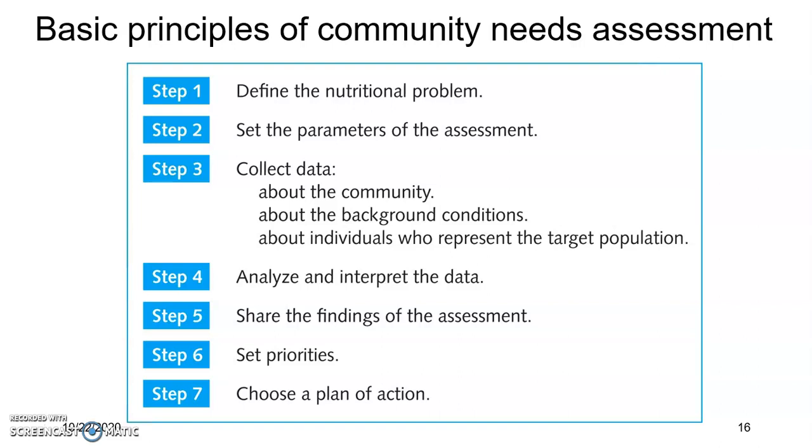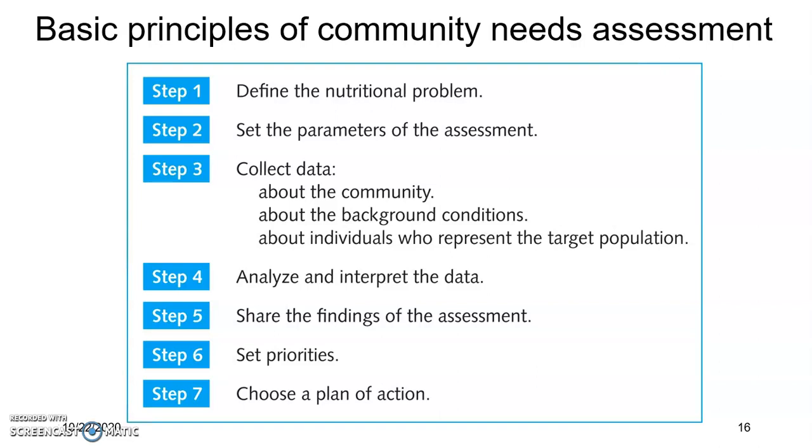So ada a lot of things that happen in that community. So you need to set priorities. You tak boleh nak tackle all those problems in one immediate time. You kena set the priorities. Utamakan yang penting terlebih dahulu. So how to set the priorities is based on maybe the prevalence of the highest nutrition disease that happens in that community. Perhaps you tengok, so paling teruk sekarang ni dalam community adalah kencing manis. So kata nak tak nak, you have to prioritize the program on tackling the diabetes first.